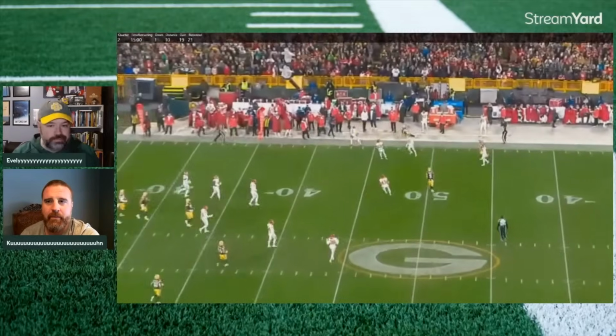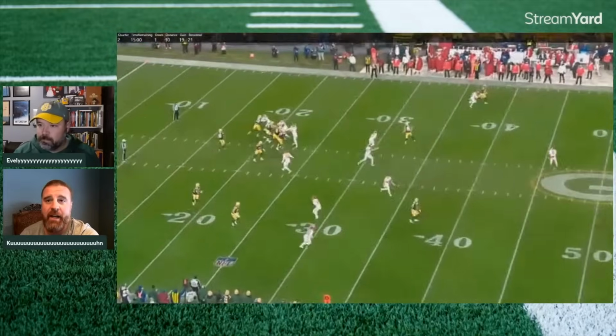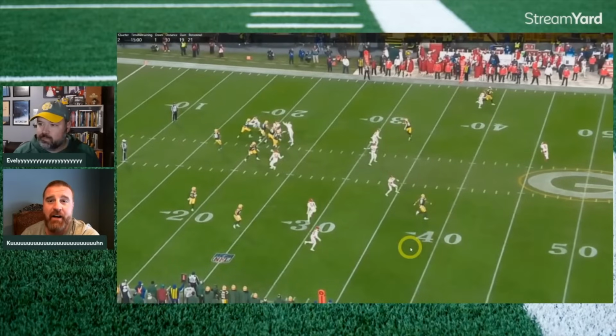Beautiful design. Yeah, and Jordan Love has options on this play too. Obviously, number one is Tucker Kraft behind that level. Number two is Christian Watson coming here on a dig. And then number three, safety valve, is going to be a screen. You're going to have a one-man screen out in front, Henry Pearson, lead blocking for a running back. If you get numbers the other way, then he could be one-on-one,